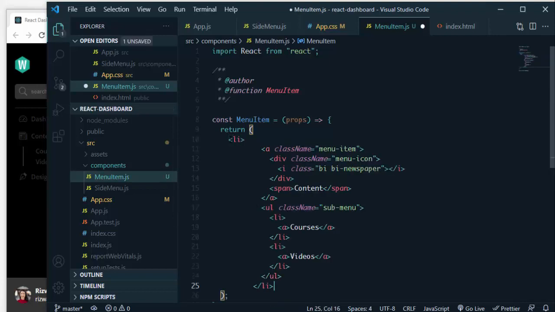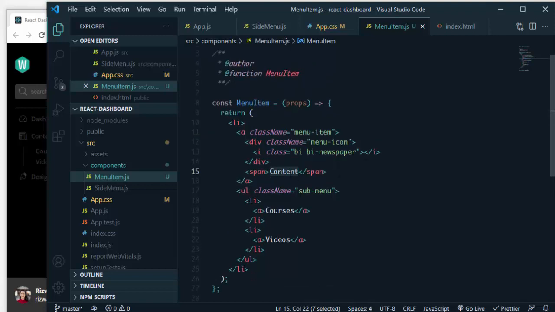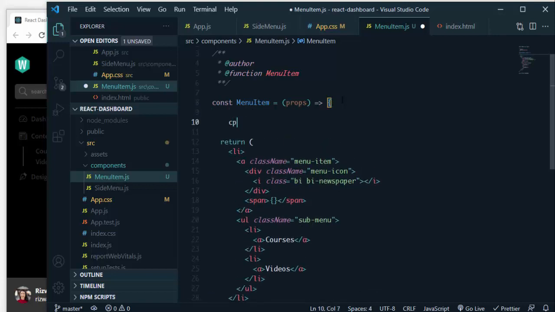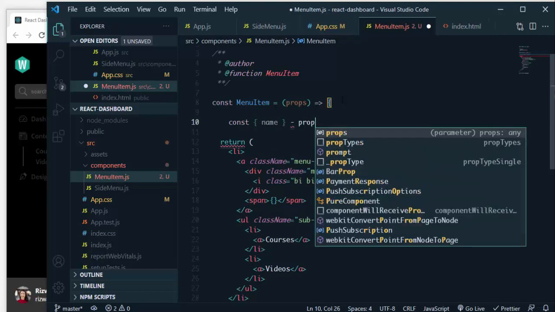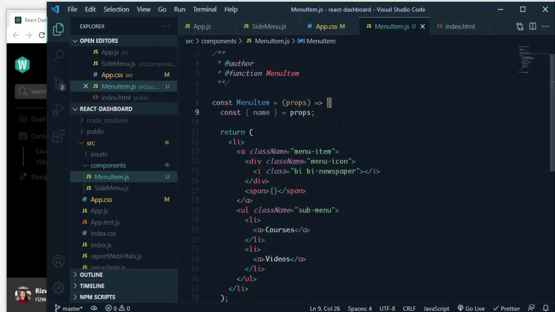Okay, let's replace this one, save, and here we need to give a name. And within the li's content, here we're going to say props. Let's extract the details. So menu name, that's the one thing. Props, so that is going to be equal to props. So here we'll place menu name,